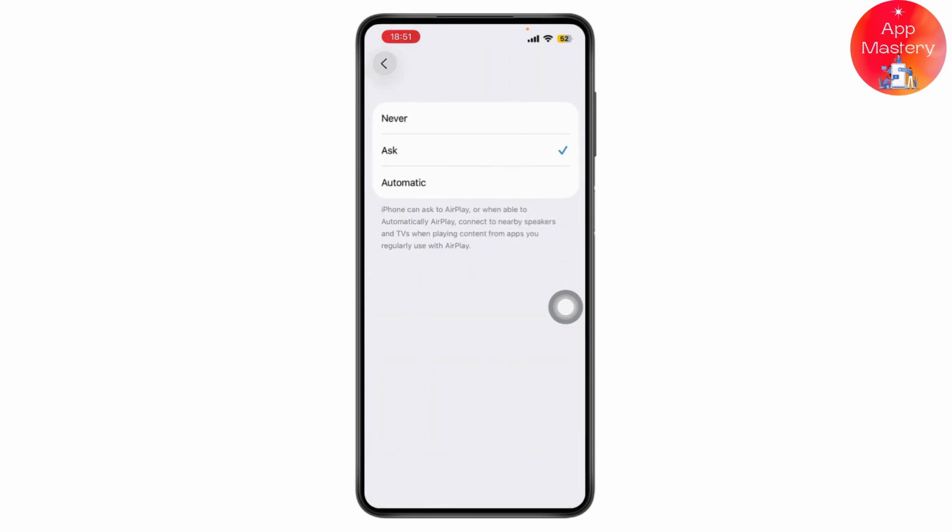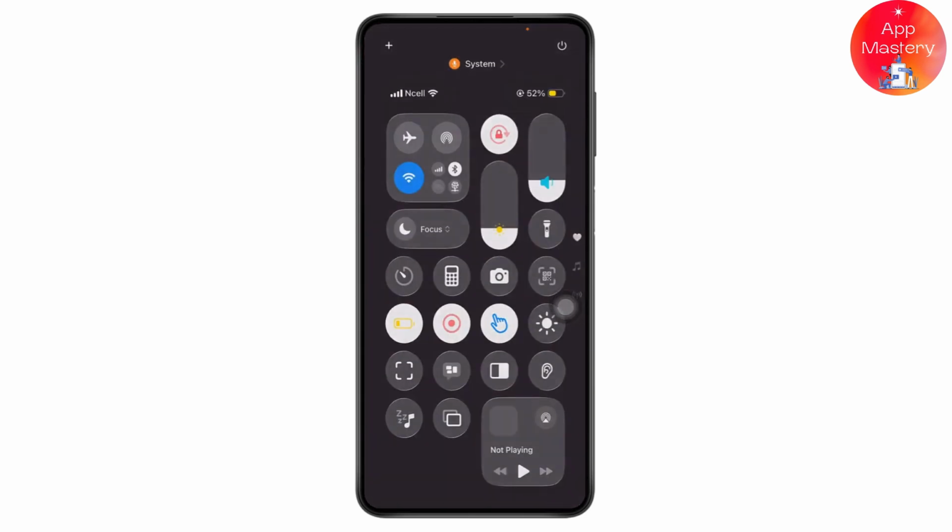You need to tap on that option. In most cases, it is set to never, which is the default one. You can change this to automatic. Once done, you need to go back, and from here you need to go with your notification or your control